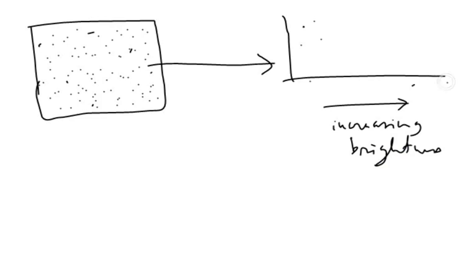But before we move forward, we have to first define this axis, that is, how are we going to quantify this brightness, increasing brightness. So will we be using our naked eyes, or will we be using a telescope? How do we proceed? What do you think? Well, obviously the first thing is our naked eyes.